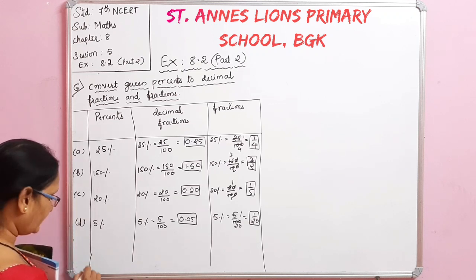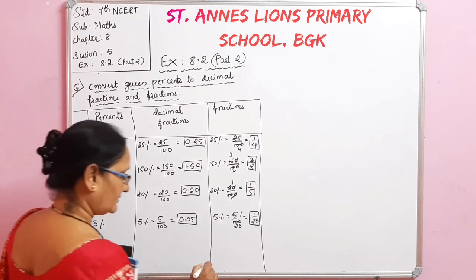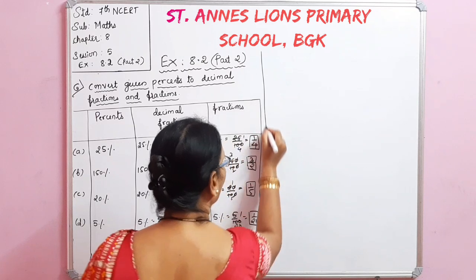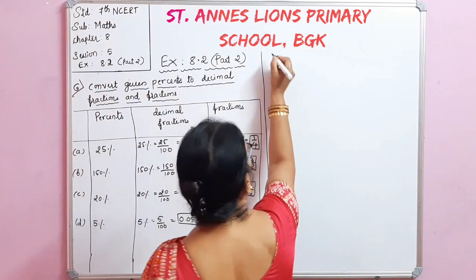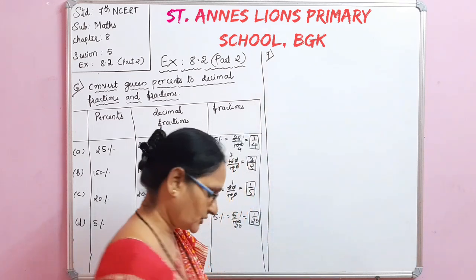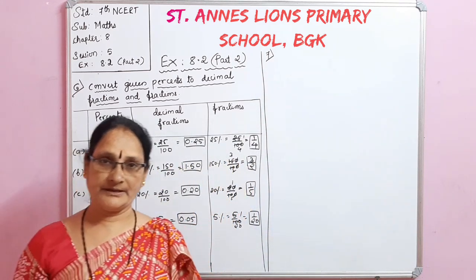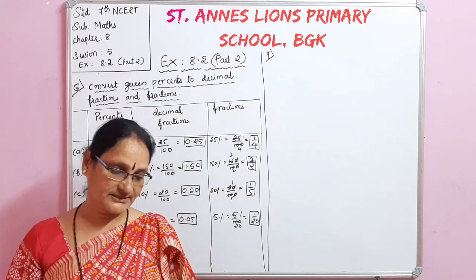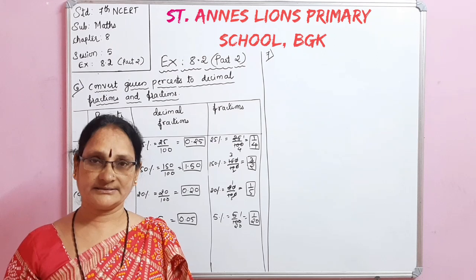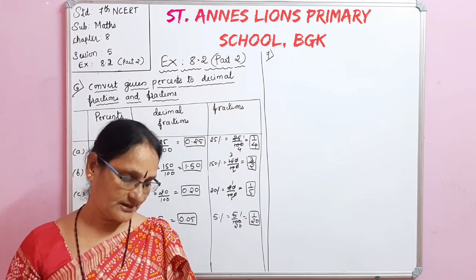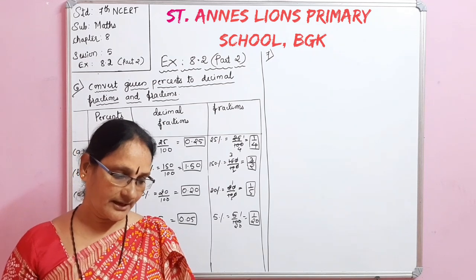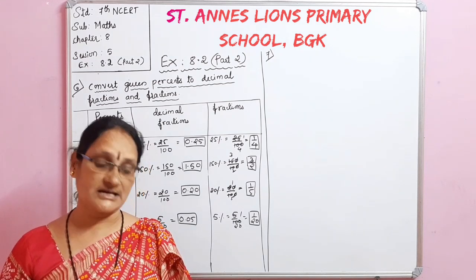Now I am continuing with the seventh problem. The seventh question, please take from the textbook. In a city, 30% are females. That means ladies, females, girls and ladies together. 40% are males, and the remaining are children.